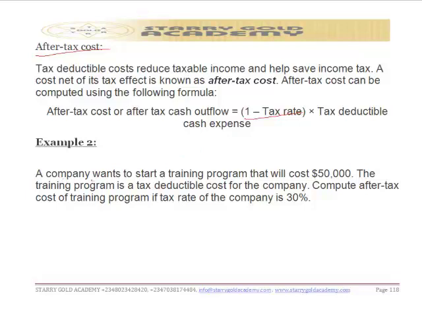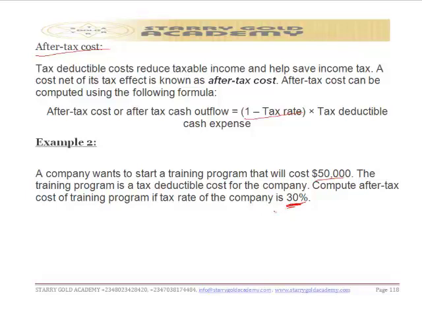Example, a company wants to start a training program which costs 50,000 naira. The training program is a tax deductible cost for the company, and the after tax cost of the training can be calculated after applying 30%